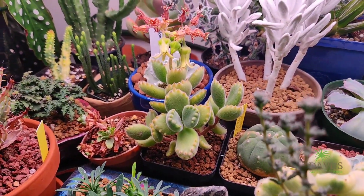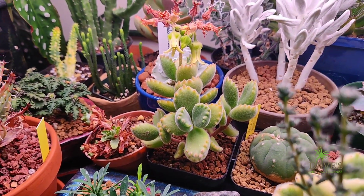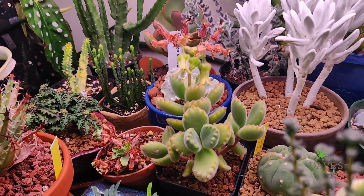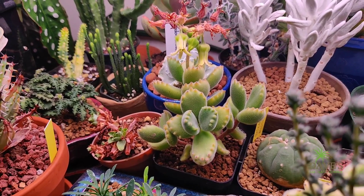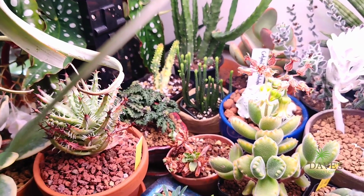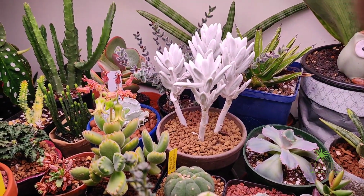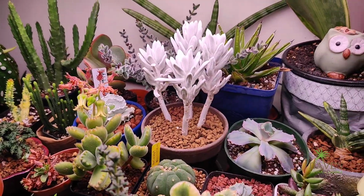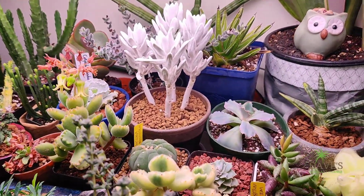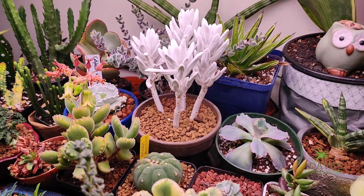Bear's paw, one of the favorites for a lot of succulent growers. It flowered this summer and it's still flowering. It has a few buds left to open. Some more Euphorbia at the back, Crustula. And this is Senecio haworthii, the cocoon plant,